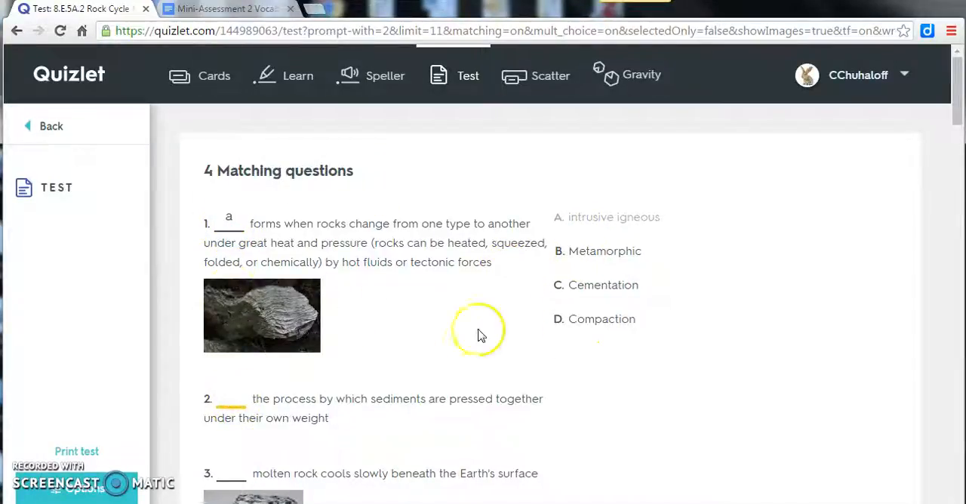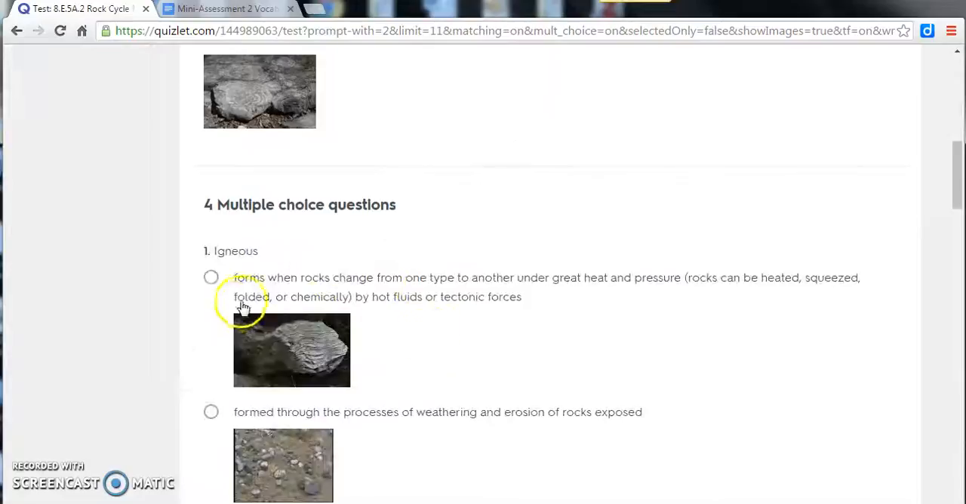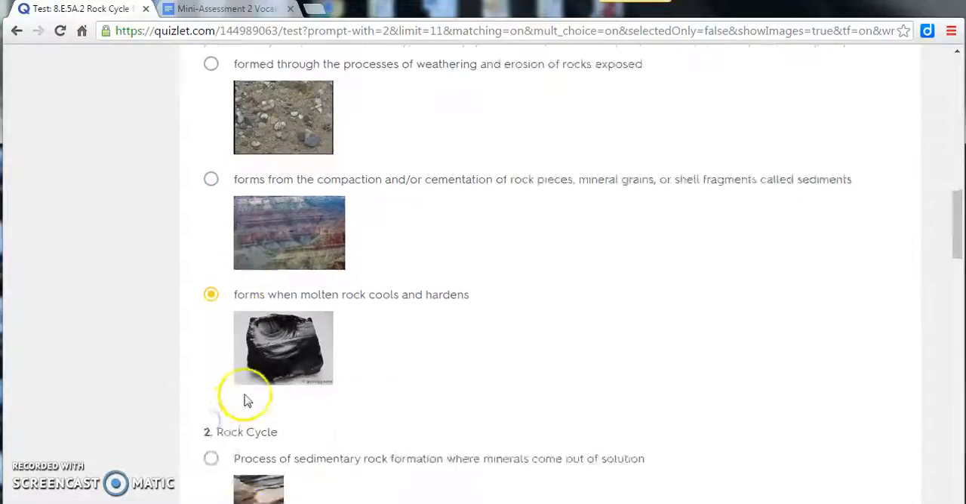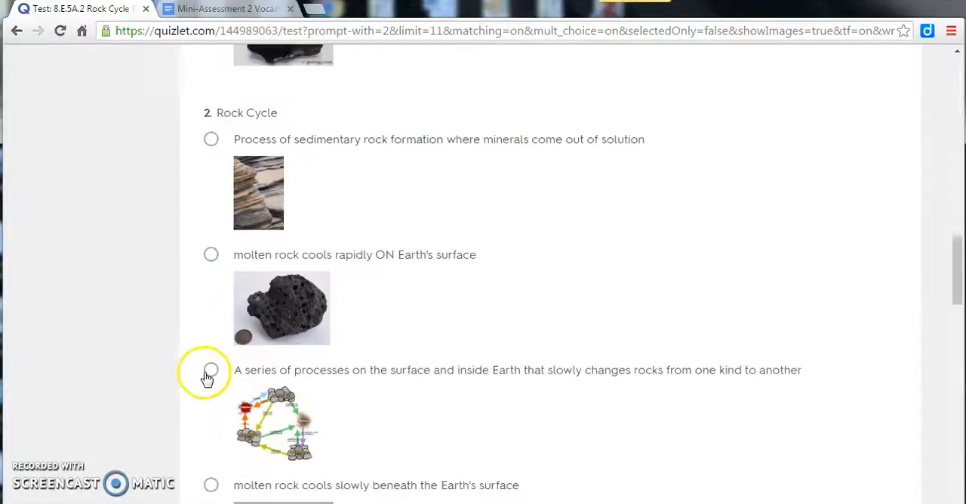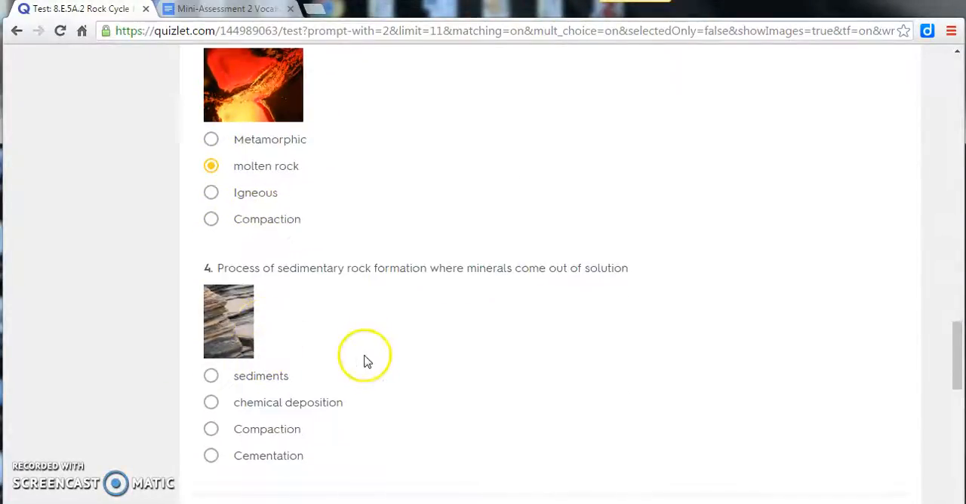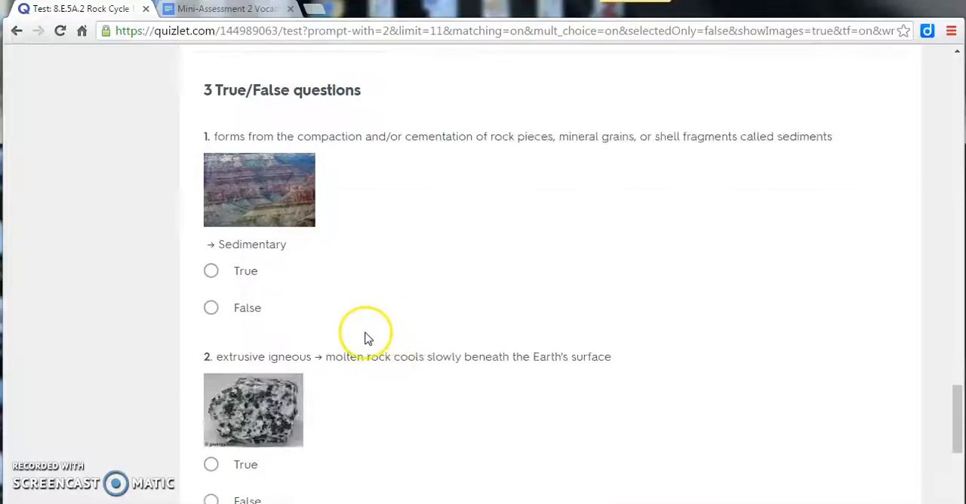So A, whatever, B, C, D, multiple choice, igneous, the rock cycle, magma or lava, process of sedimentary rock formation where minerals come out of solution, then true and false,